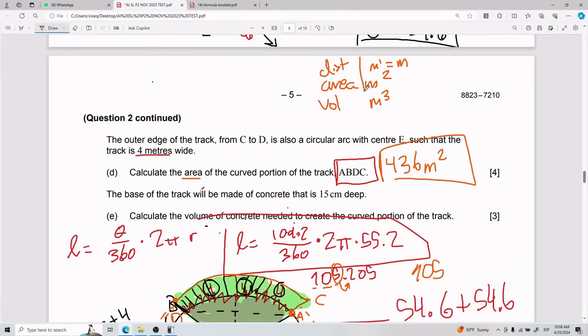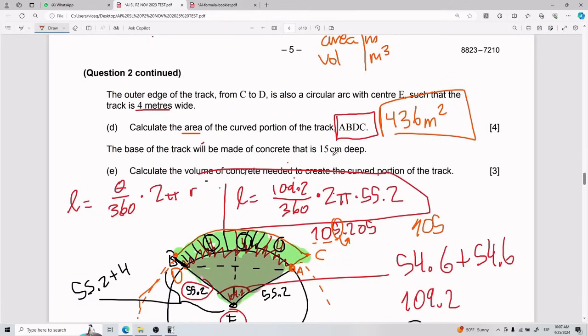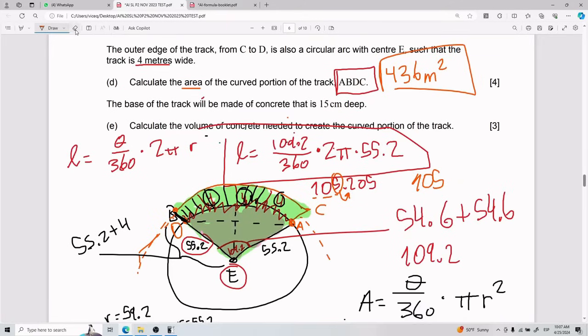So area is going to be squared, volume is going to be to the power of 3, distance is to the power of 1. Careful with that, it's part of how you put your answer. Then they tell us that the base of the track will be made of concrete that is 15 centimeters deep. And so, for part E, we need to calculate the volume of the concrete needed to create the curved portion